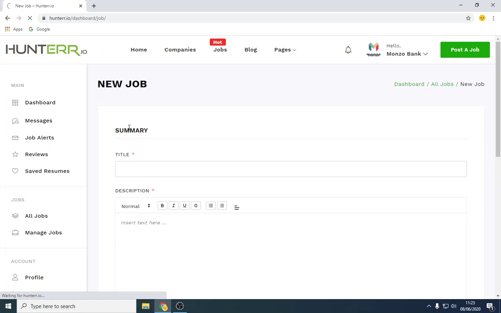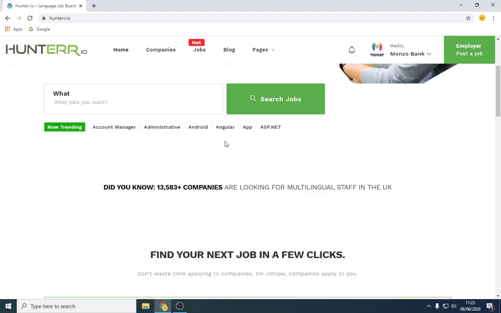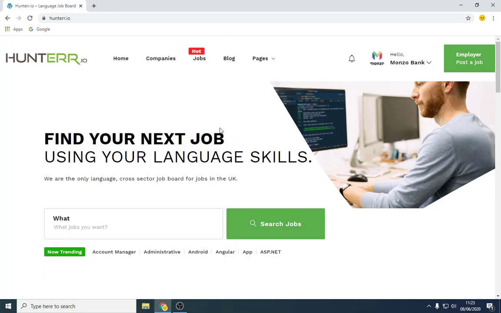I don't need to approve anything. Obviously, I'll ban accounts that are spam, but feel free to add as many companies as you have. If you're working at a recruitment agency, it helps get your brand out there, and it helps you put yourself out there as a consultant. If you're setting up by yourself and you want to get some candidates, this is a great way to do it.